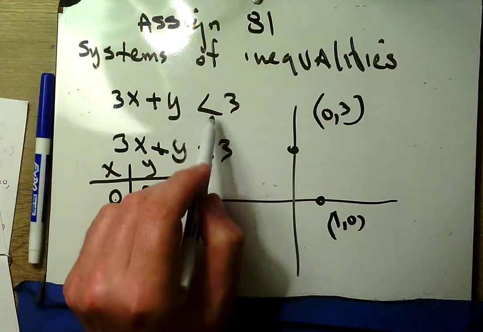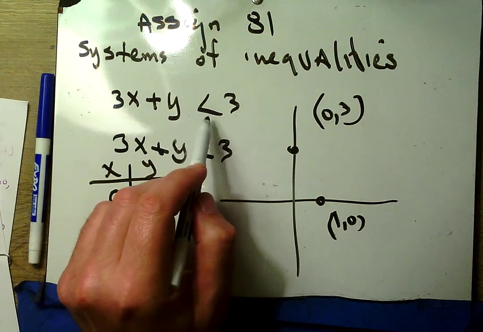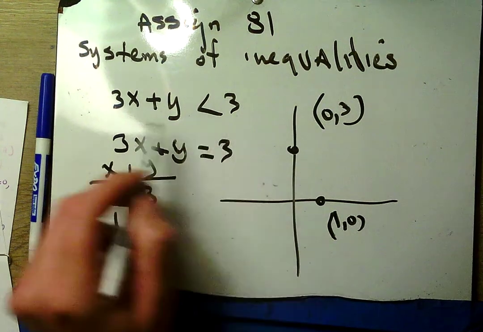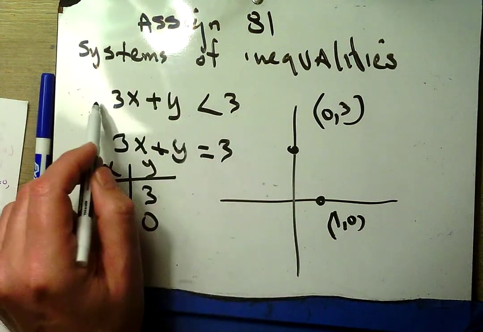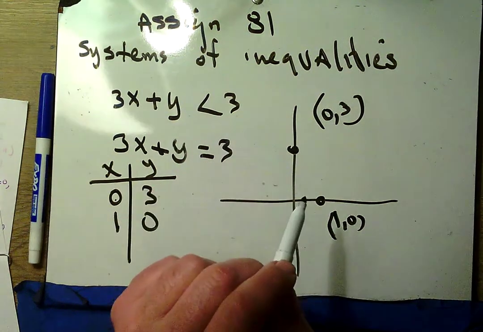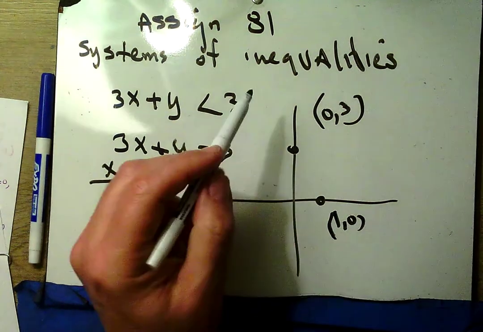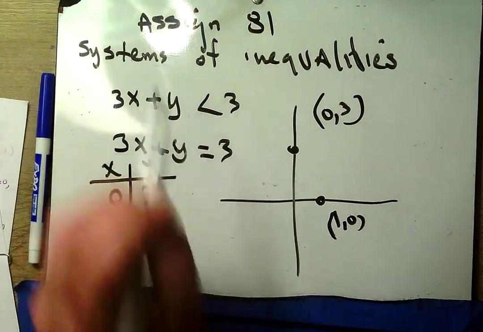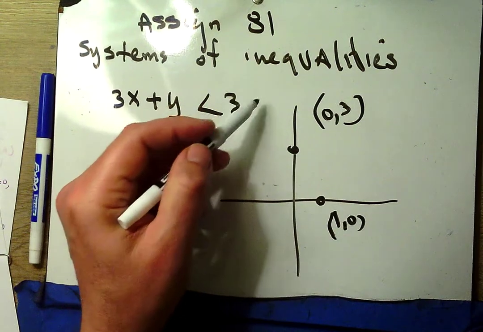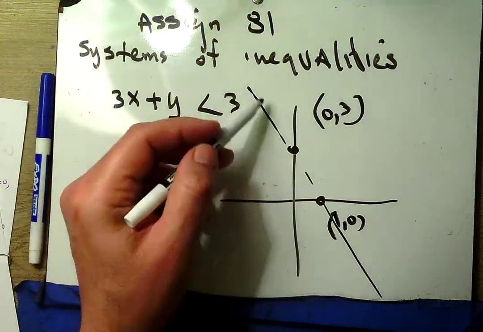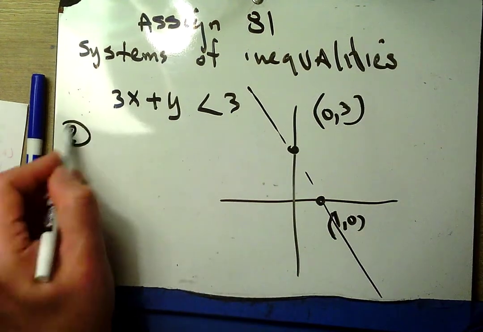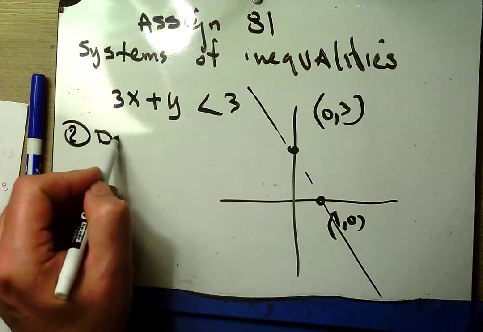Now is when I need to go back and look at that inequality. So there's that inequality sitting there, right? And we're saying, when is the line below the horizontal line y equals 3? Now, I'm not sure what that means in this picture, but I do want to say, after you graph the line, you need to determine, is it dashed